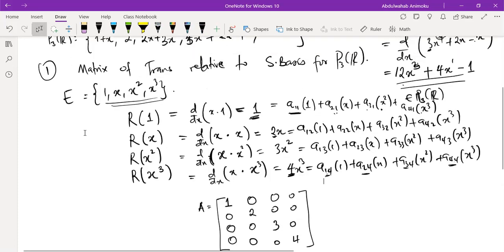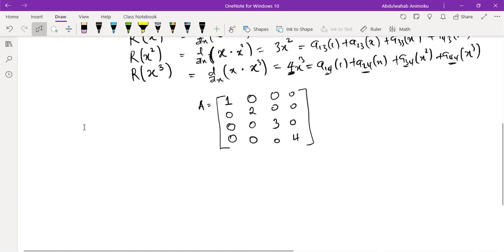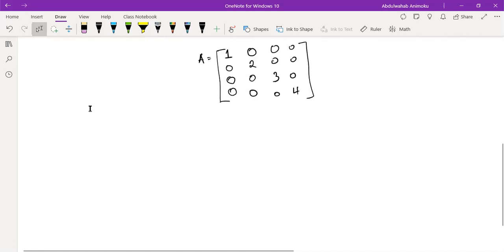Now, what do we mean by the rank of a transformation? So it basically means when we get the matrix of that transformation, the simplest basis that we could use is the standard basis. You could use any other basis for this transformation and your answer will still be correct, okay? But this is the simplest matrix that we can get. And as you can see, it's a diagonal matrix. Oh, this tells us something. Basically, these entries 1, 2, 3, 4 are the eigenvalues. This is something else that we can get from this. Are the eigenvalues of the